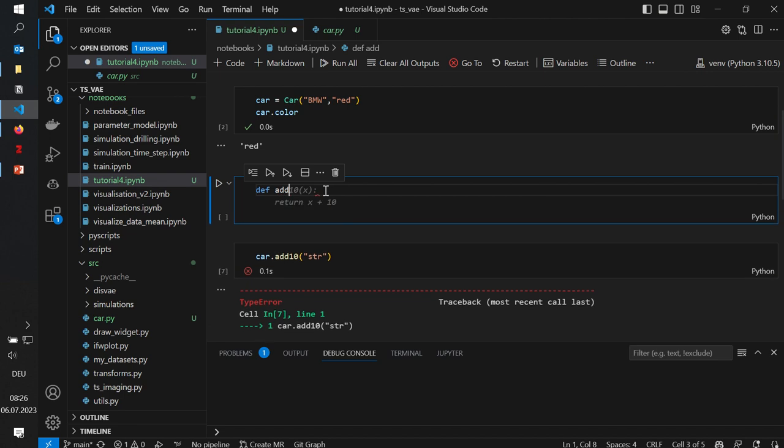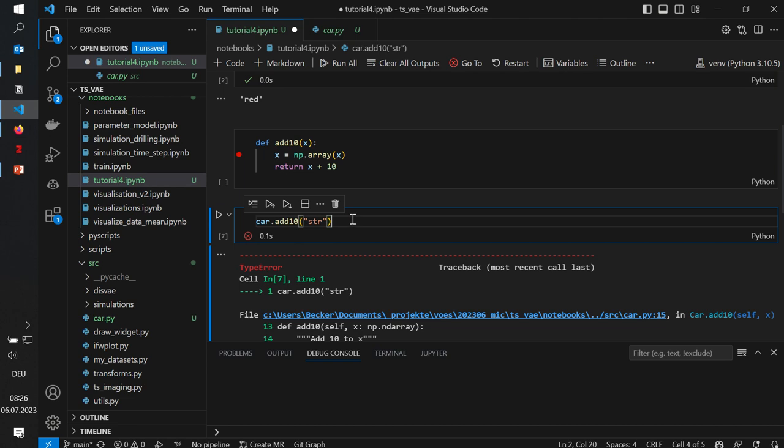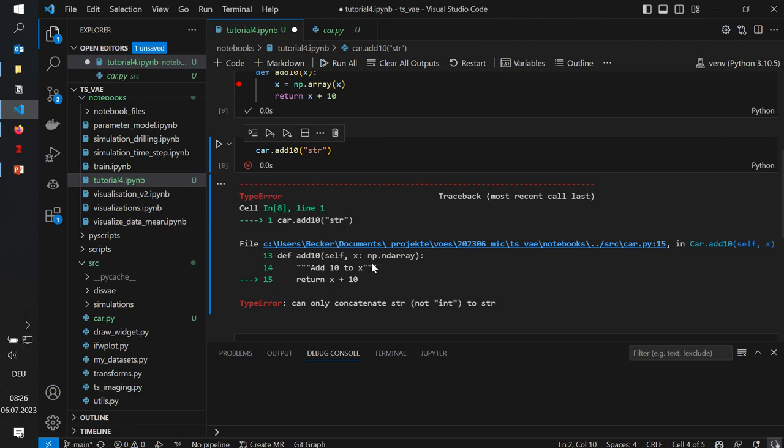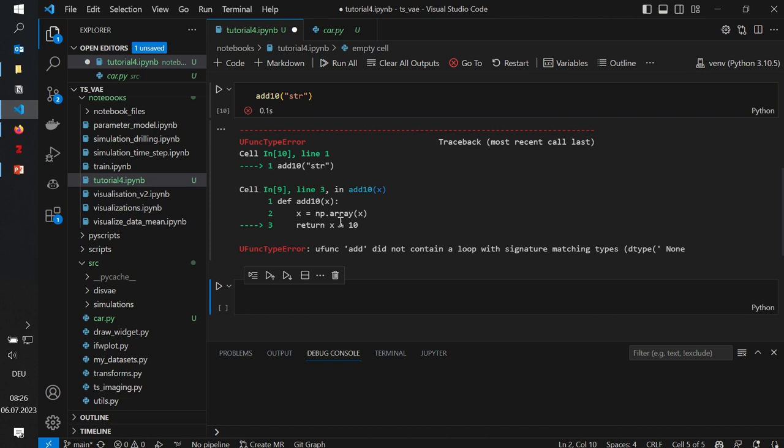So if I do add 10 and I say, like this, for example, then I can just add a breakpoint here, and now I wanted to execute this one, and now if I say add 10, and the string. Still doesn't work. Anyway,